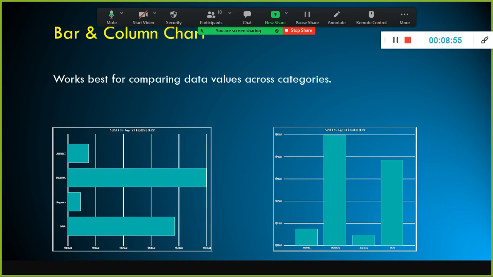And also bar and column charts. Bar chart, all of you are familiar with that. The bar chart is very helpful in comparing data values across categories. So you can compare this category with this category, right? For example, this is your accessories.